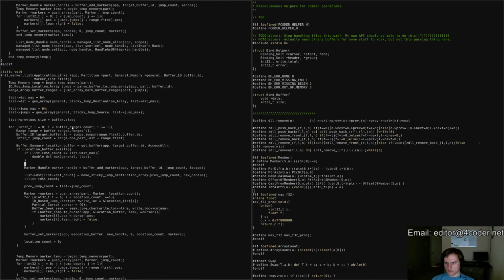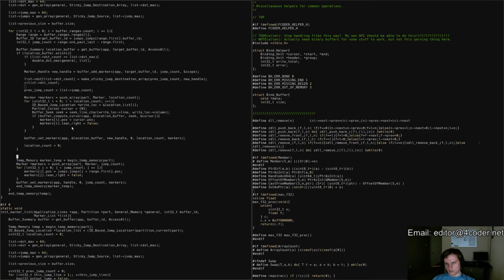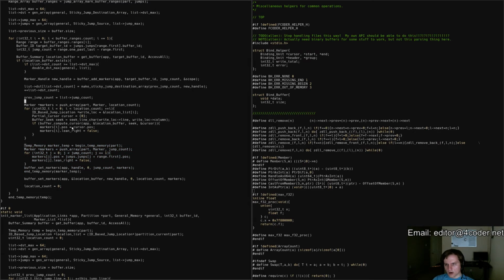And then there's that's the new handle, and then make sticky jump destination array, and we increment that. We set the previous jump count like that. And then we have this bit here, which is about allocating and initializing the markers. It's going over the jump count. That's good. Right location, cursor, right